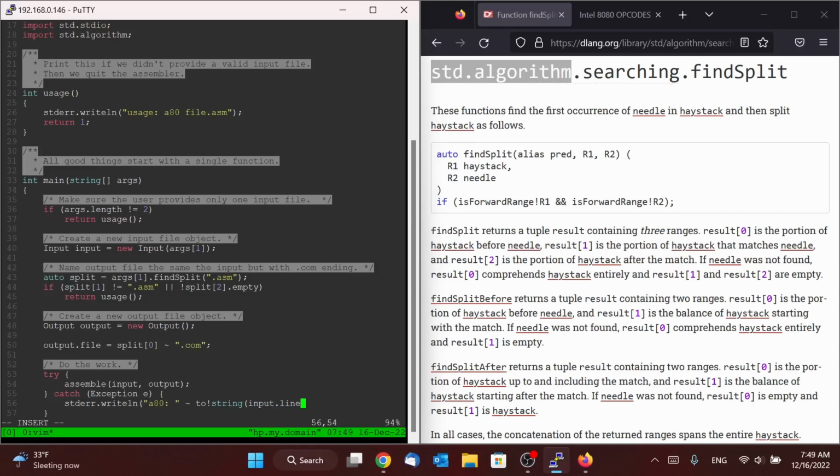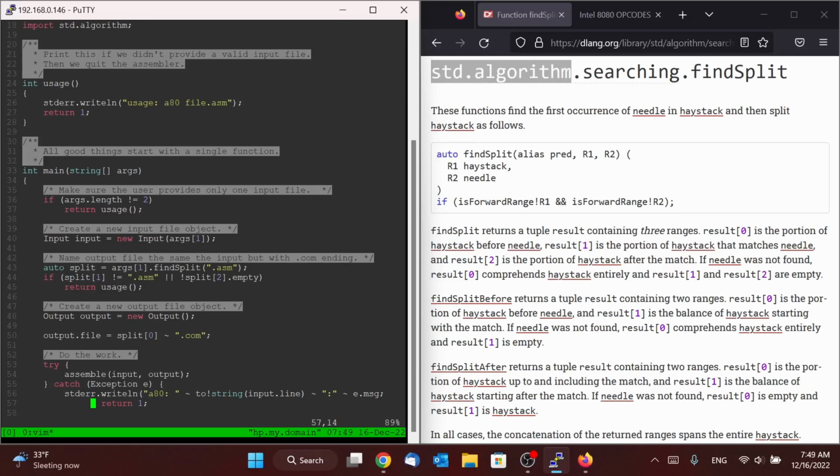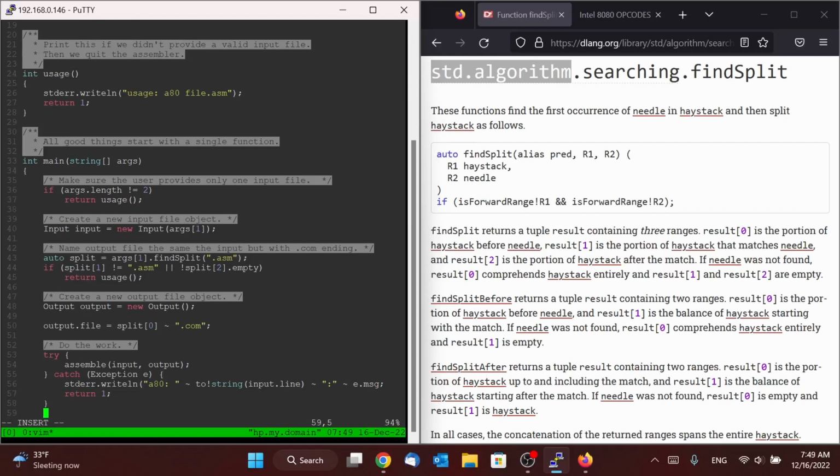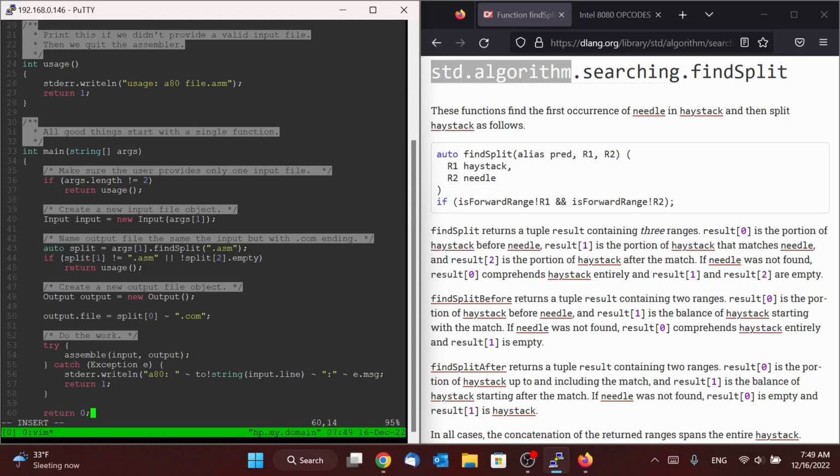Our input object will have a method or property called line, which will just return whatever line number we're on. Then we'll print out the message itself. The exception object has a property called msg, which will be the actual message. And then we'll say return 1. On the other hand, if everything works, then we can just say return 0.